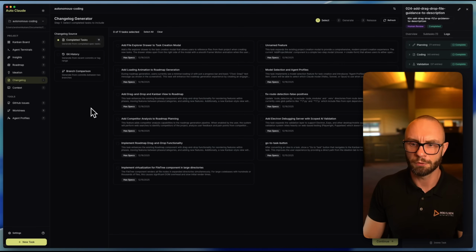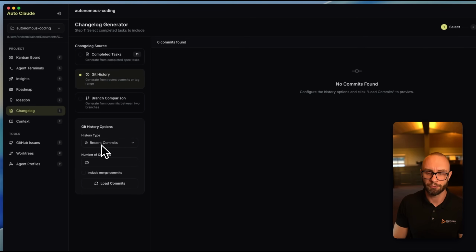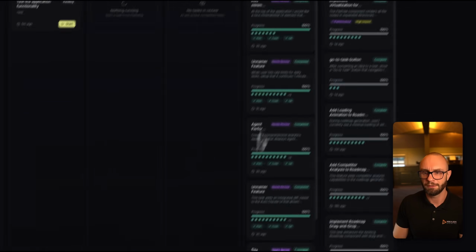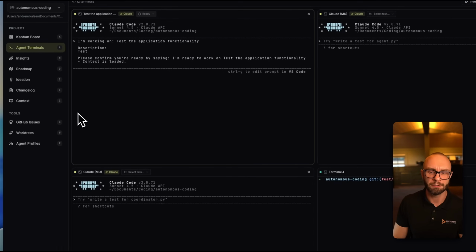And while we do that, we'll talk about the changelog functionality inside AutoCloud. And it's something I really like. It has the possibility to create changelogs, and also it's integrated with GitHub. So you can create a changelog based upon either all the tasks you've done inside AutoCloud. But what we use most is the Git history, because I like to work with both the task Kanban board, but also, like I showcased, more manually. So I'm manually doing commits to GitHub, and I'm manually doing work with AI.